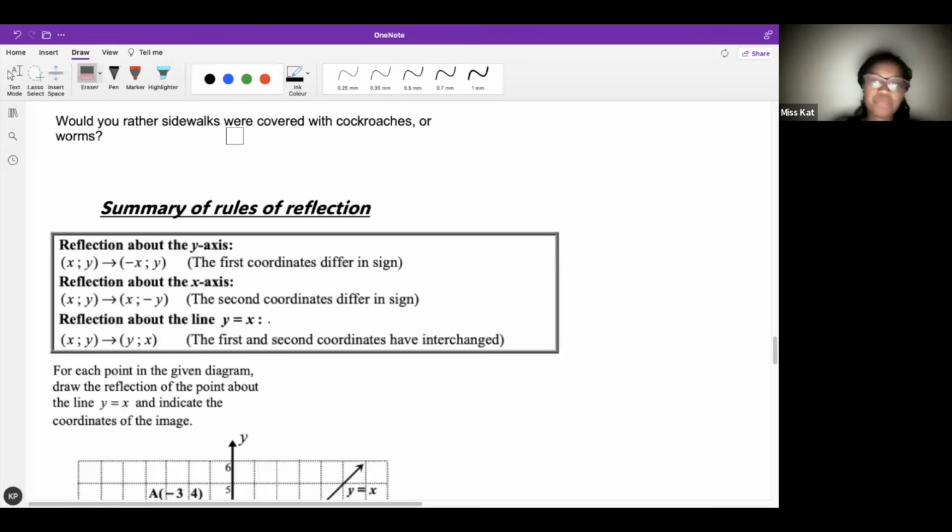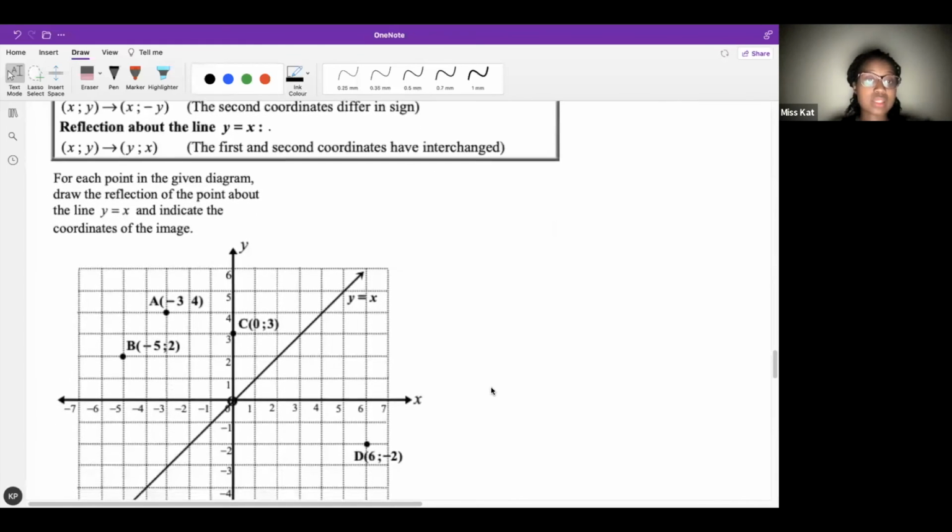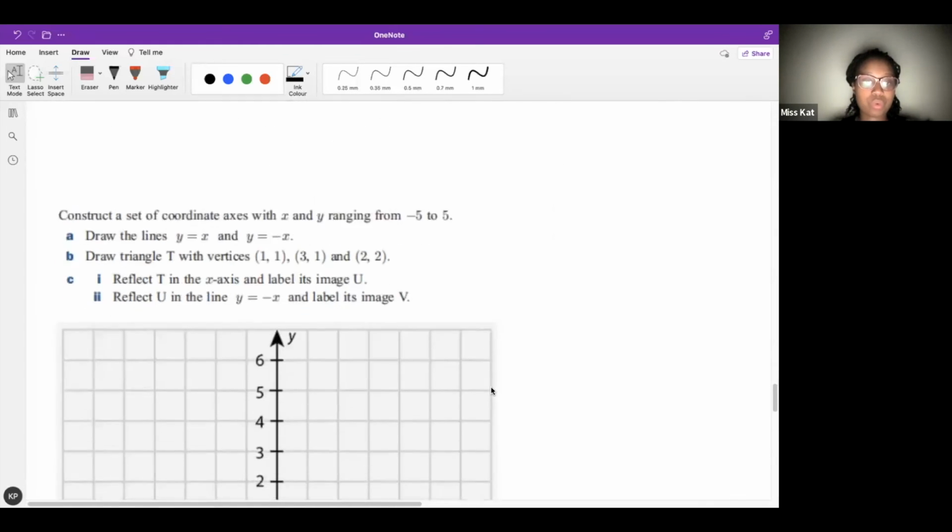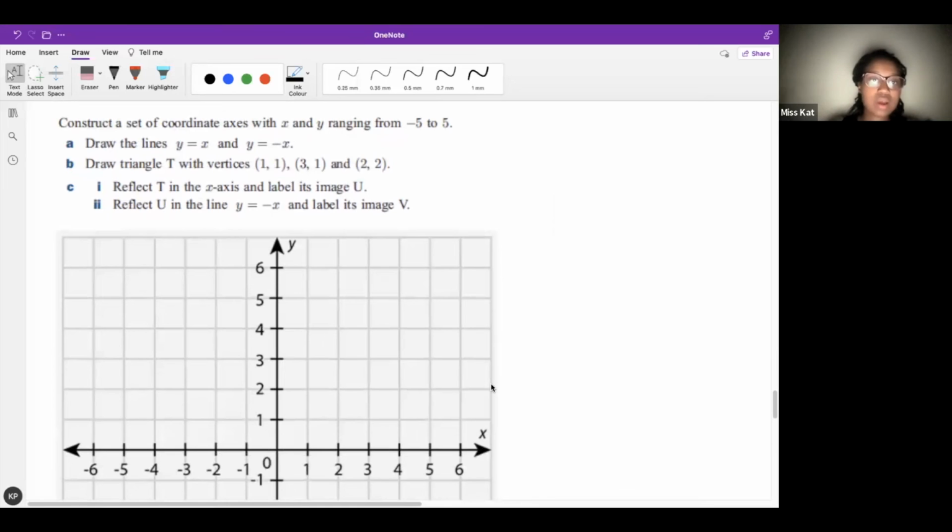Okay, guys. So that's a nice summary. So let's continue. We still have 15 minutes to do something meaningful in this lesson. Now, we are going to do a little exercise. First, we're going to reflect an image on the x-axis, and then we're going to reflect the image that we just got on the line y equals